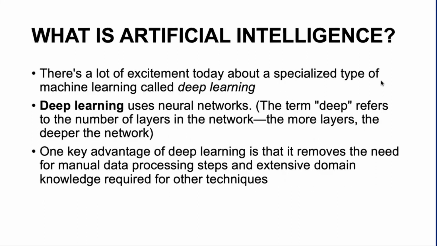Now, there's a lot of excitement today when it comes to machine learning, specifically a subset of machine learning, which is deep learning. Okay. Now, what's deep learning? It is a type of machine learning that is called neural networks. So it uses the concept of neurons. So literally, like the neurons in your brain, which are connected to each other, these neurons are the ones responsible for reacting to whatever stimuli